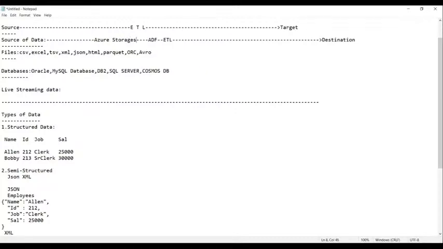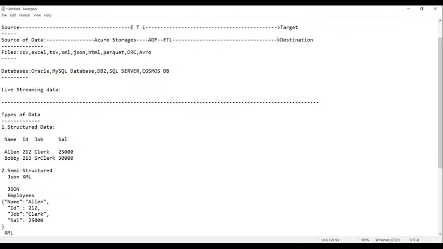From the Azure storages, the data will be picked up by ADF, that is Azure Data Factory, and ETL will be performed using Azure Data Factory. Finally, the data is sent to the destination. Am I right, everyone?